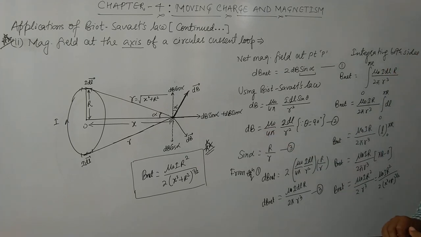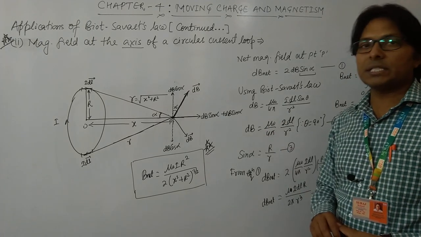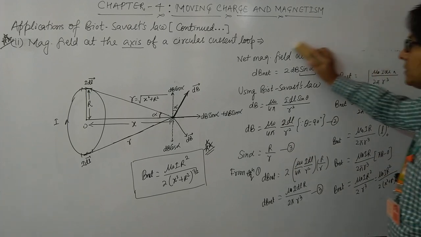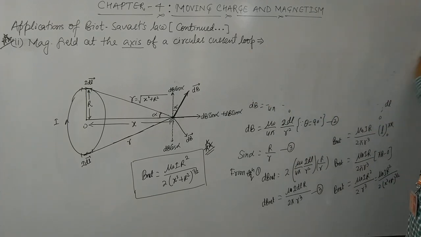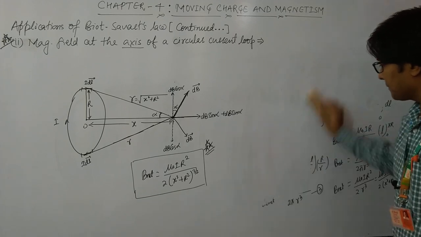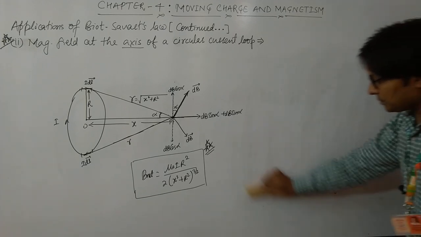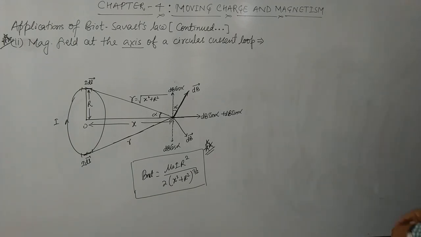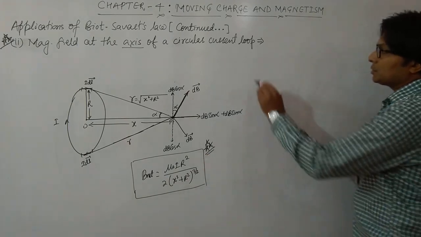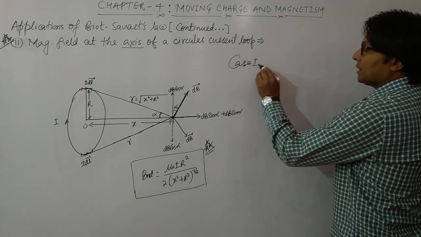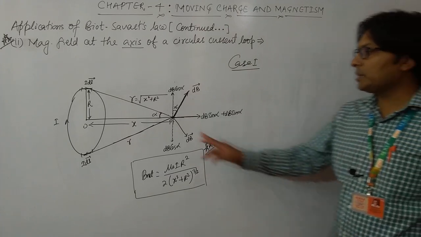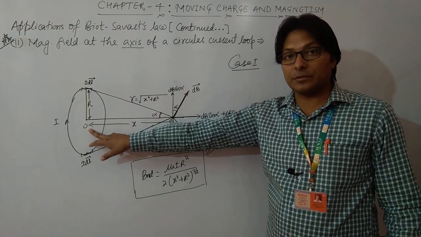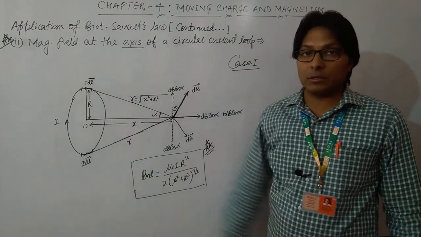So now we will try to solve some numericals based on this formula, but before that we will consider two important cases also. So you can note down this derivation, and before going into the numerical practice, we will have some special cases based on this formula. So suppose this is the final expression. Case first we are considering is that if this point P is at the center of this loop, this will become the very first case which we have derived with the help of Biot-Savart's law.